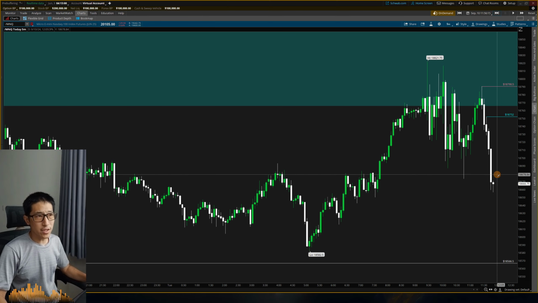All right, so with this big displacement, this is looking pretty good. It looks like we could be heading for the sell side, but you see the time, it's almost 12 o'clock, almost to the close of my trading window.